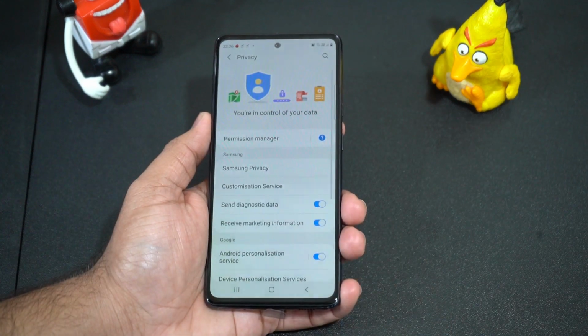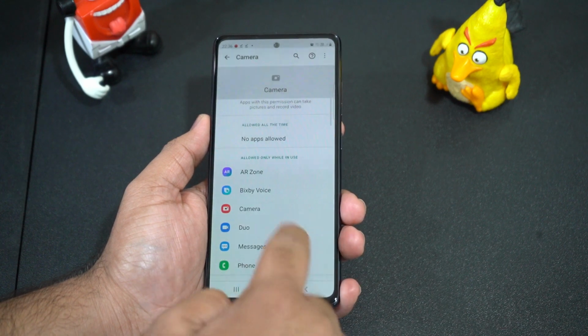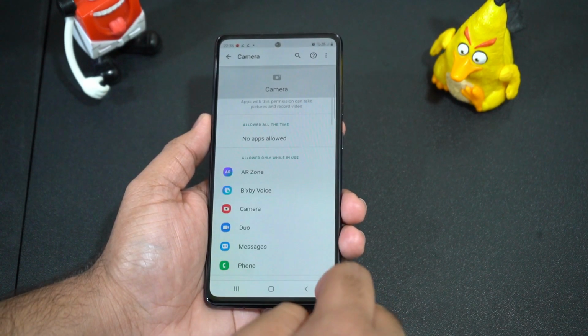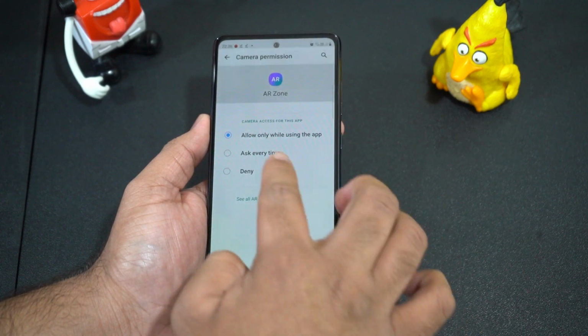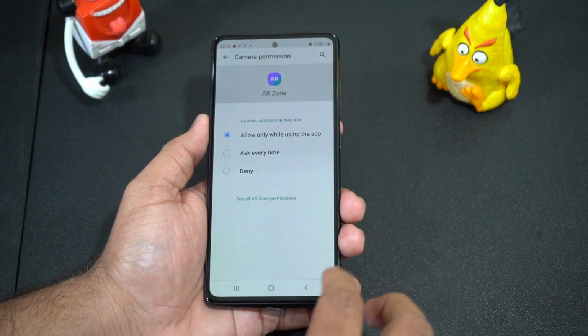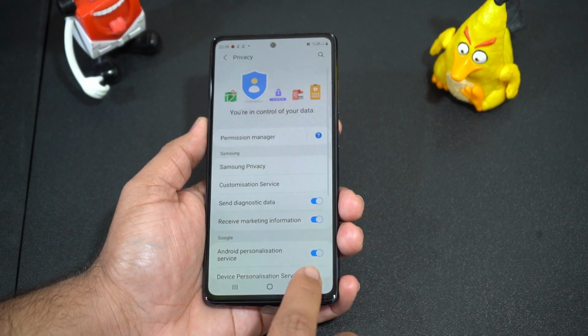The security has been improved with this update, especially in regards to app permissions, and for that a new option named Permission Manager has been added. And over here you can see the list of apps installed on your phone and which all permissions you have granted to each app. You can also deny a particular permission for a certain app, so this is a really good feature as you can deny camera permission to apps like Facebook to avoid privacy issues.